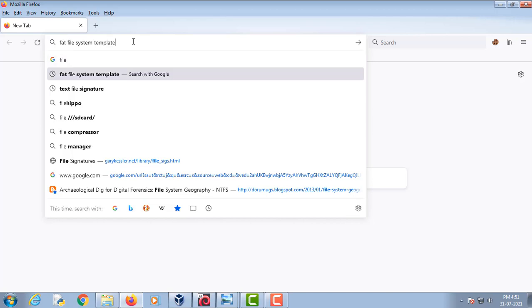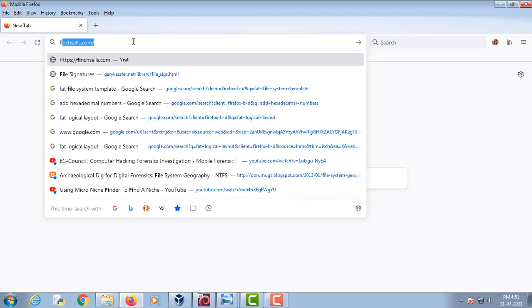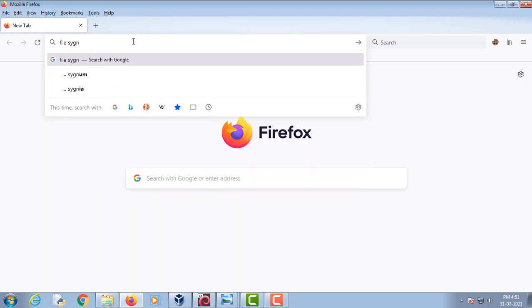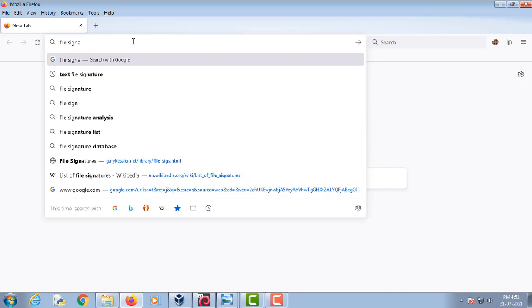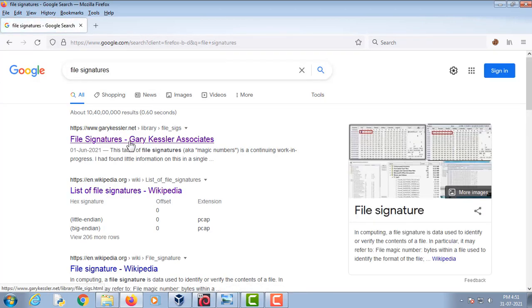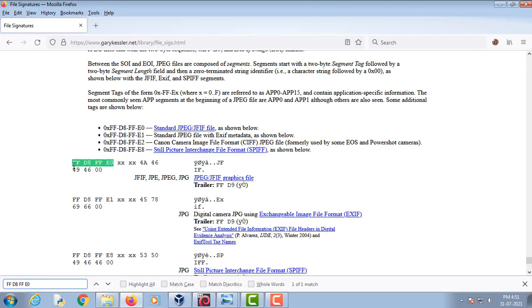We can go to this website and find out. As you can see, this file signature is of a JPG file. So we will save this file in JPG format on the desktop.